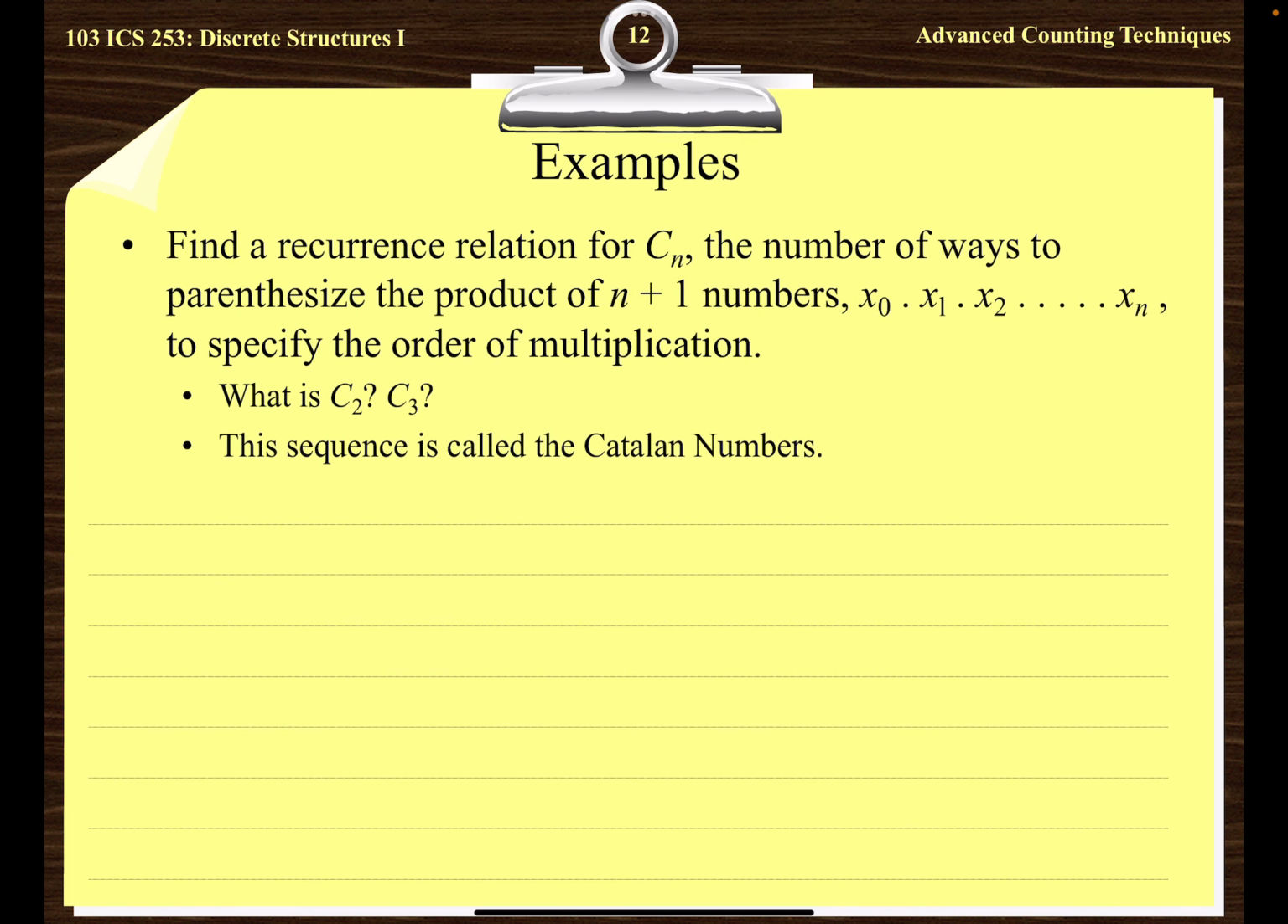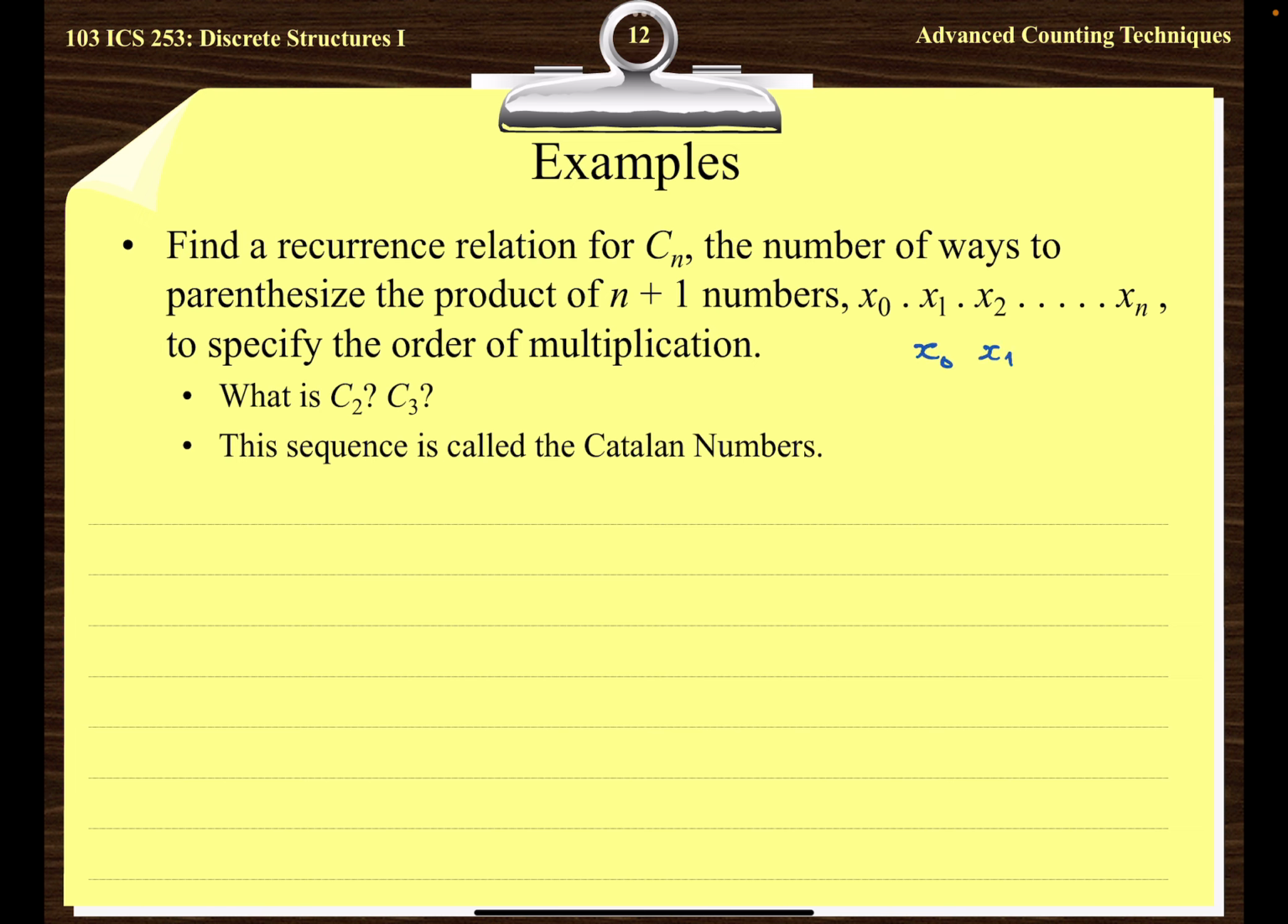Okay, let's come here now. Find the recurrence relation for Cn, the number of ways to parenthesize the product of n plus 1 numbers, x0 times x1 times x2 up to times xn, to specify the order of multiplication. Now, first of all, we are assuming here that Cn is the number of ways to parenthesize the product of n plus 1 numbers. So let's look at C2. How many numbers do I have for C2? 3, right? So I have x0,